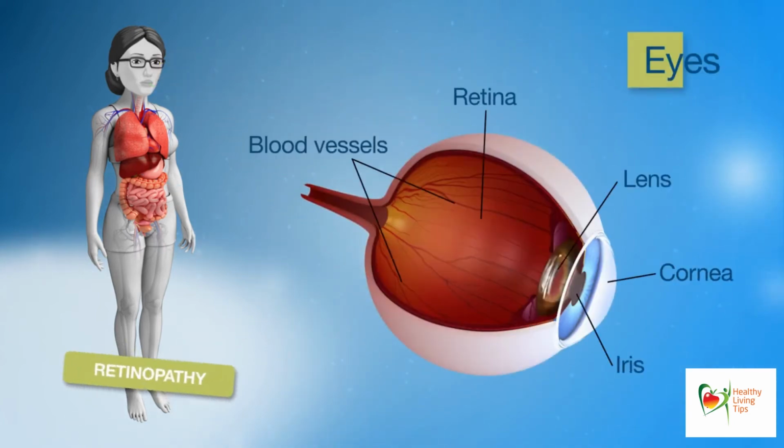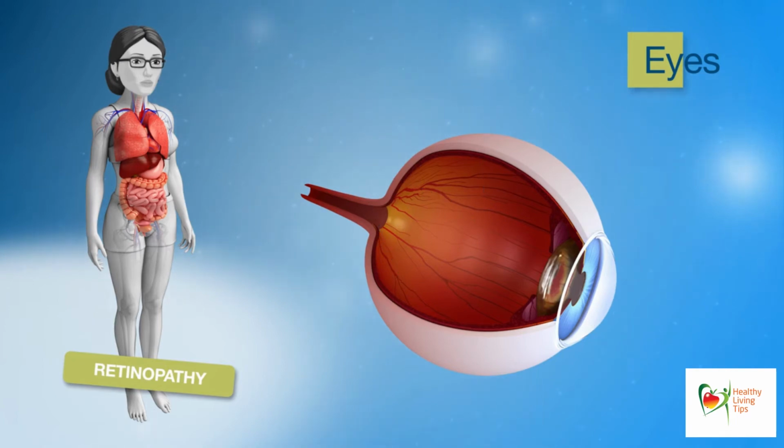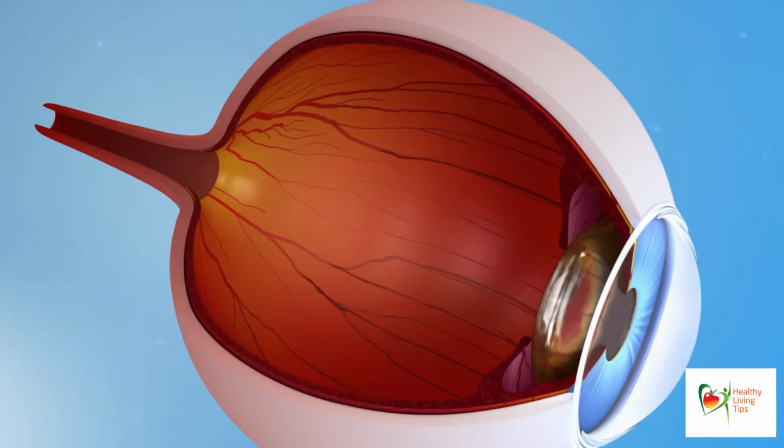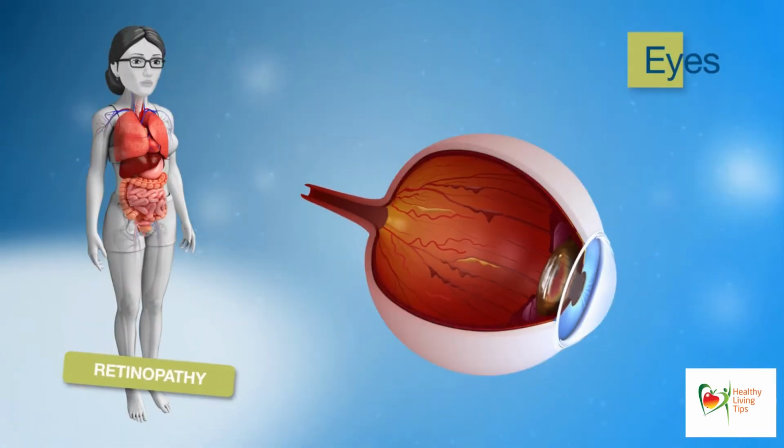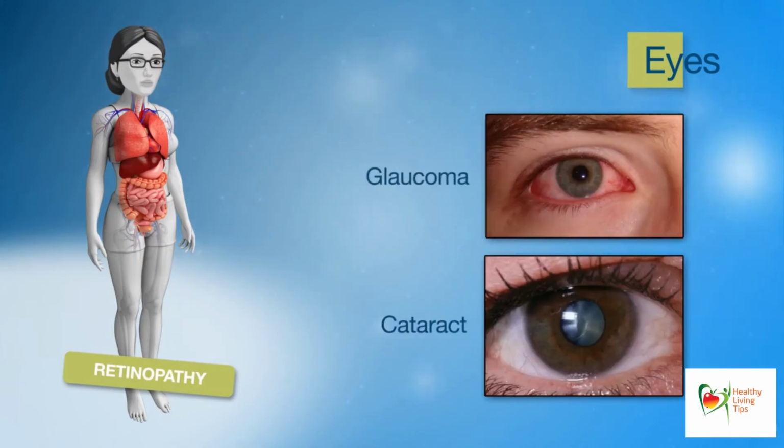Your eyes have tiny blood vessels that supply blood to the retina, which is the seeing part of the eye. High blood glucose levels can cause damage to the small blood vessels and will lead to vision loss if not detected in time. The damage to the blood vessels causes three basic problems: leakage of blood, proteins and fat from the capillaries, poor blood circulation to the retina, and growth of abnormal blood vessels which are prone to rupturing and scarring. People with diabetes are also at increased risk of developing both glaucoma and cataracts. Both of these may occur at a much younger age and are likely to progress faster than the general population.